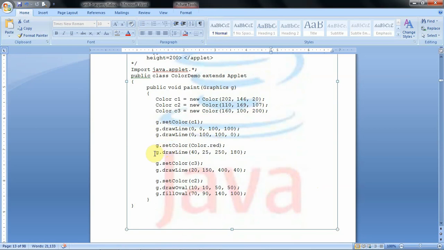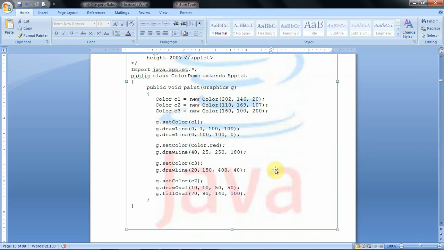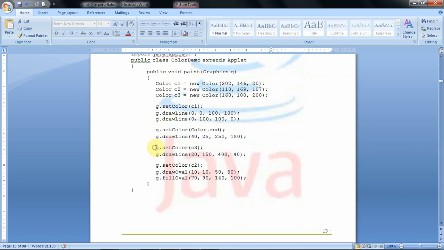Now we draw another line. This line is drawn using the red color because here we set the red color recently. Then we execute the setColor method again by passing the C3 color object, so now this line is drawn using this color.